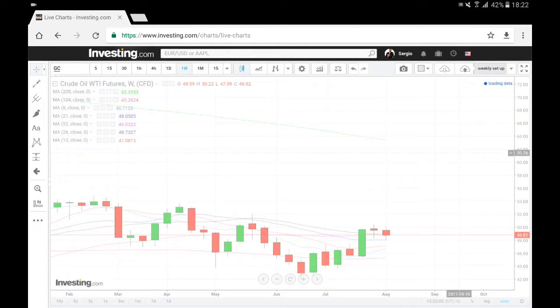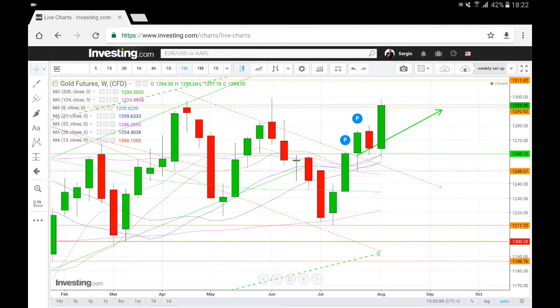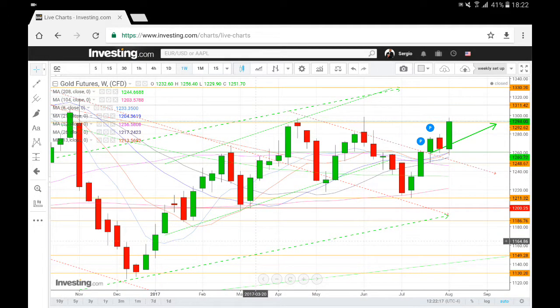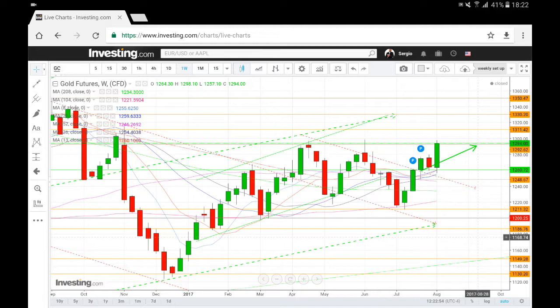Gold futures over here, and that's it. As you can see, gold rose towards $13 due to the geopolitical tensions between the United States and North Korea. And as we read earlier in the article, Ray Dalio, the founder and hedge fund guy at Bridgewater Associates, told everybody to put 5% to 10% of their assets in gold due to geopolitical risk and risk also in the markets. So that's it. You see that a lot of people took action and reacted quickly, and now gold prices are rising again and are interacting and flirting with the